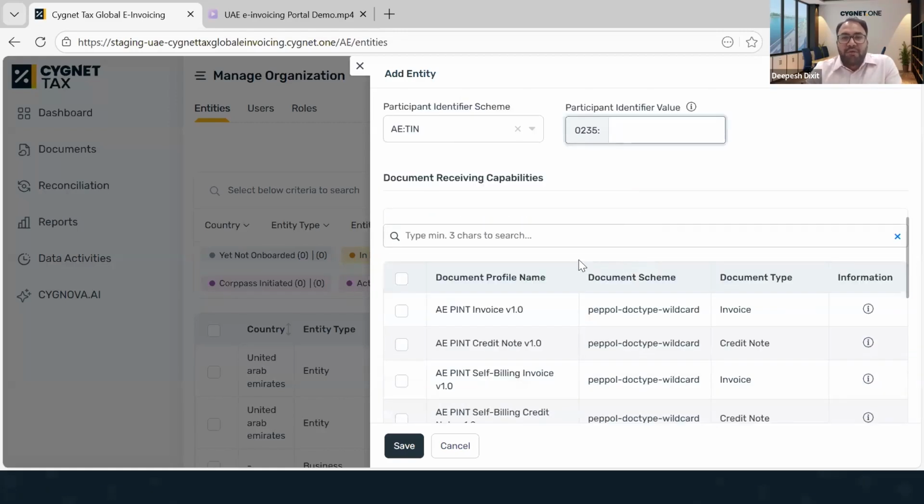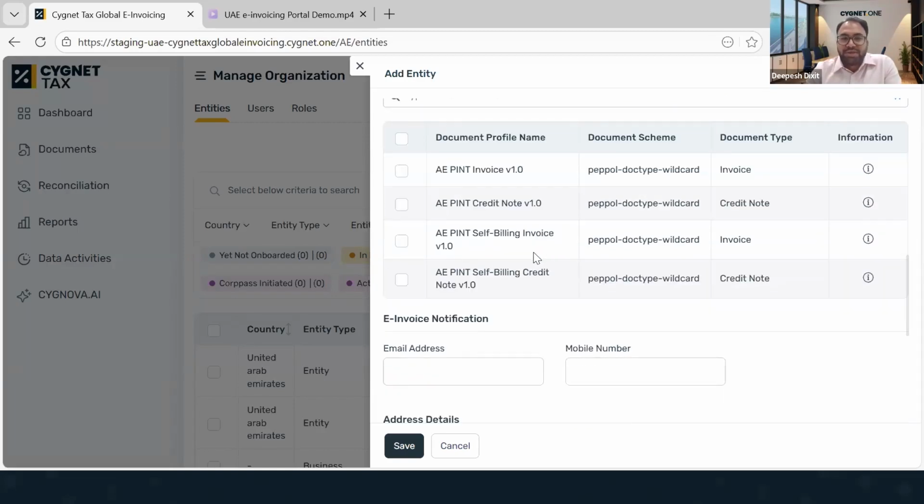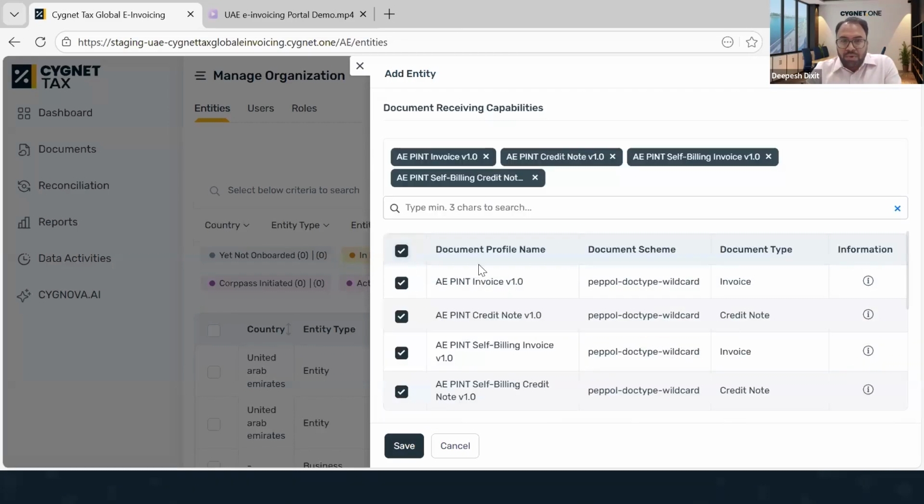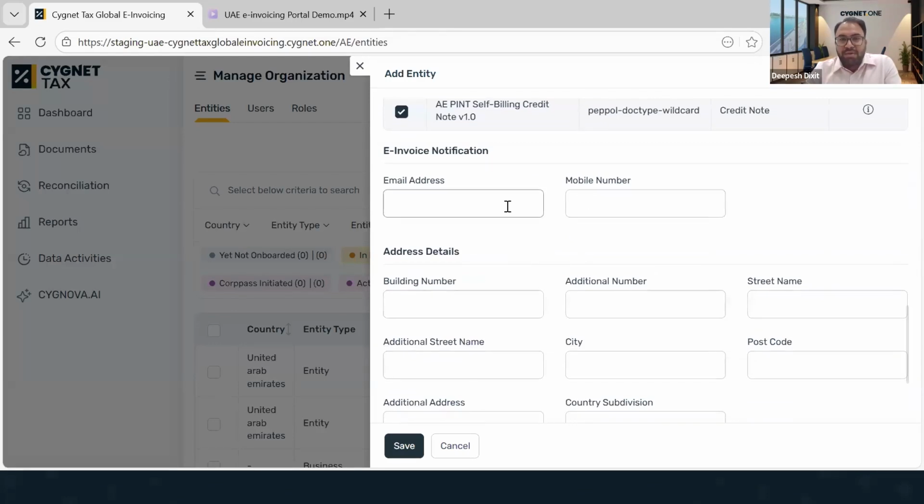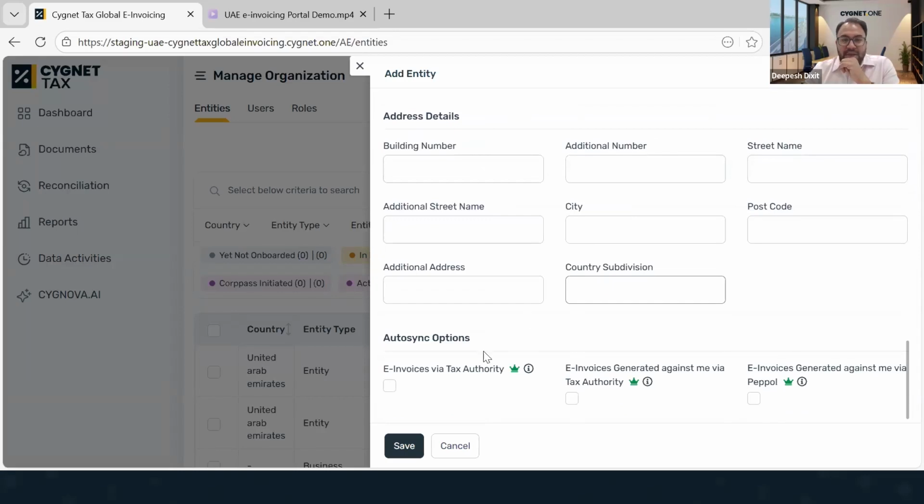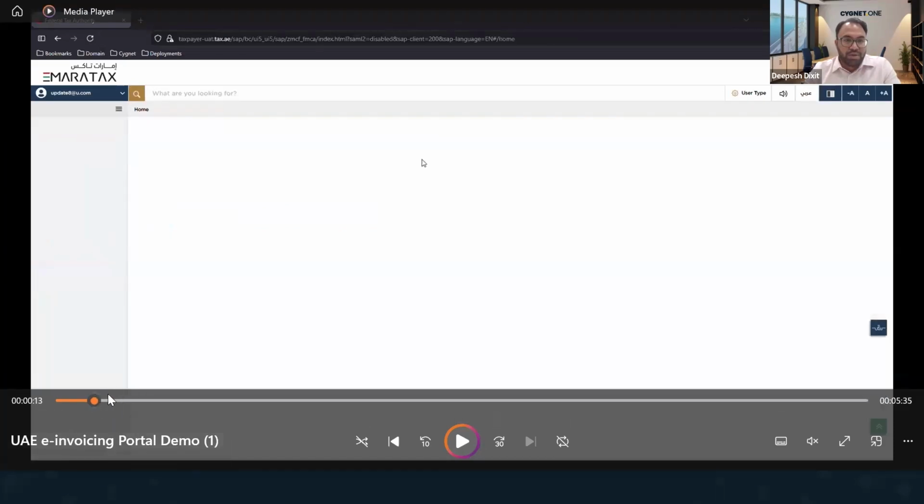Then again, we have to select the capabilities, the document receiving capabilities, that these kinds of documents we would be able to receive. You just have to select that, and then the email address and mobile number for any kind of e-invoice notification, then the address details. Now, once we click on the save button, a new portal would open,